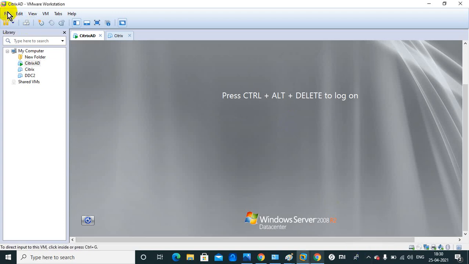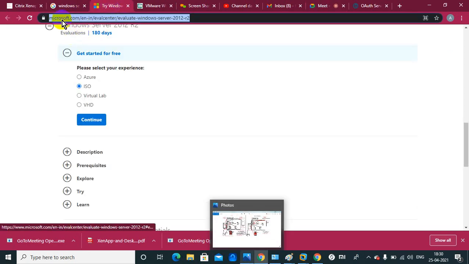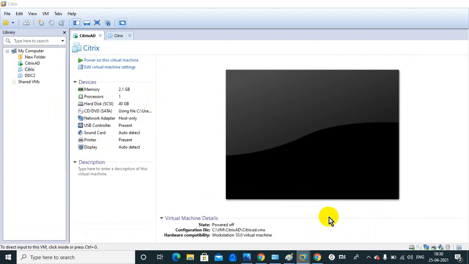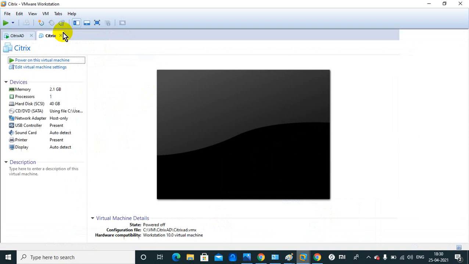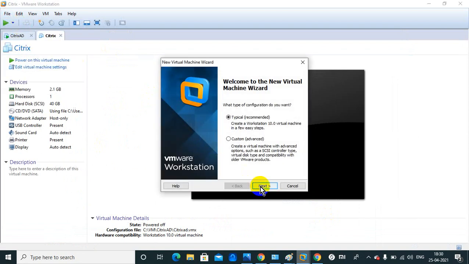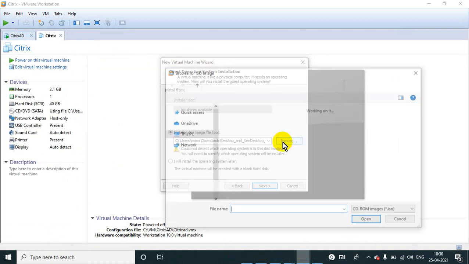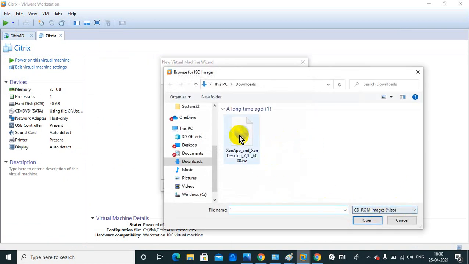So once you download VMware and install it, you need to download the Microsoft ISO. Here I have provided the link for Microsoft 2012. It's an evaluation version, free for 180 days. Then once you download the ISO, you need to go to File, New Machine, click on Next, and here you need to provide the ISO. So you can see in the downloads one ISO file is there,